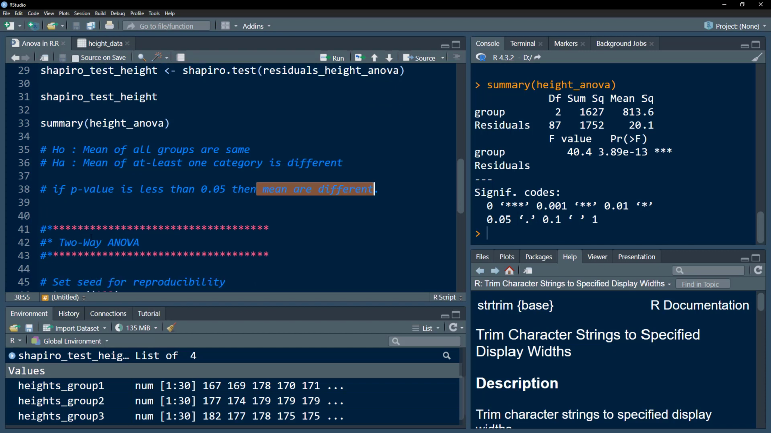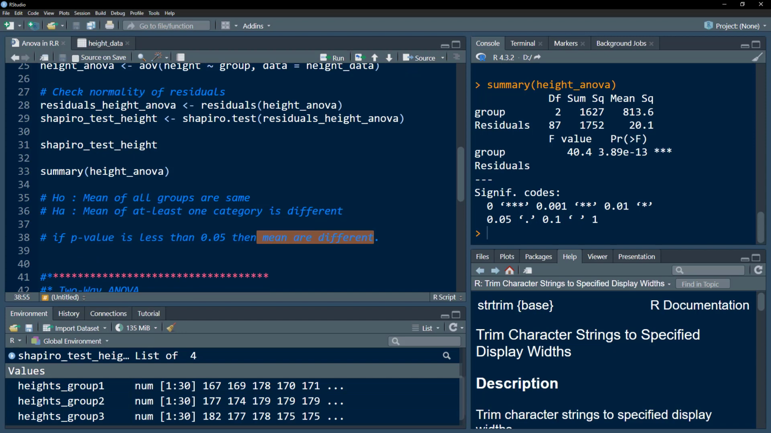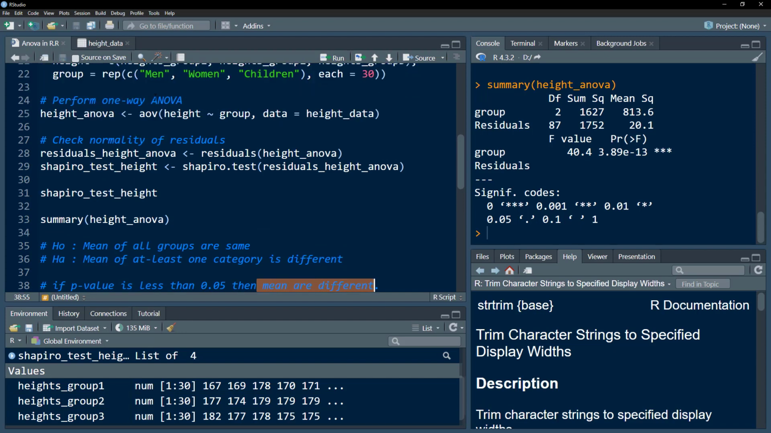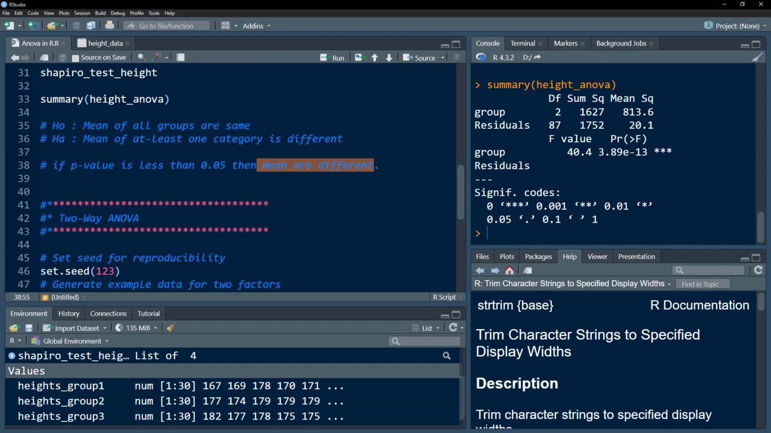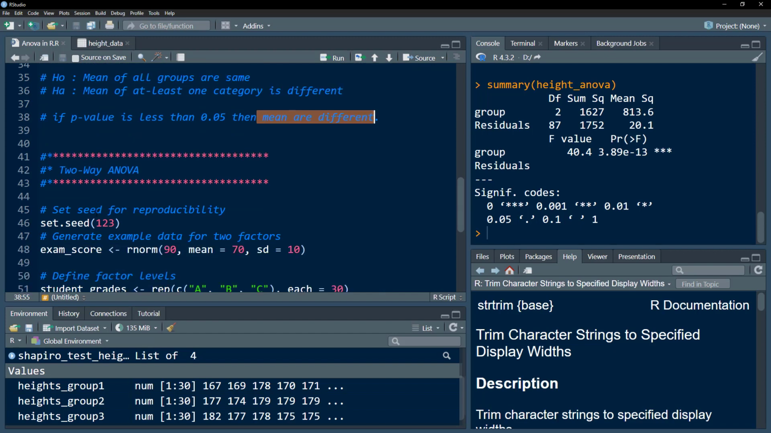Let's move to two-way ANOVA. The difference between one-way ANOVA and two-way ANOVA is that in one-way ANOVA we only have a single factor, such as in this case we only had these groups that contain man, woman, and children. But in two-way ANOVA, we would have more than one factor. We would have two factors. Let's generate a new data. Let's set the